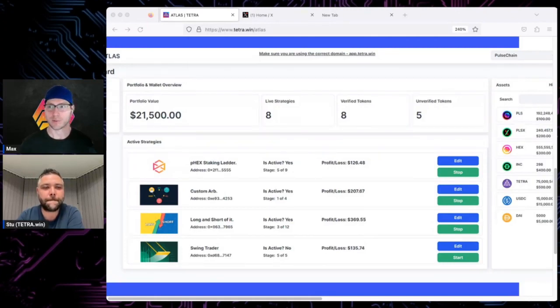Yeah, so for the farms, and then even for HEX stakes and otherwise, I'm just trying to give people a tangible example of, okay, I can do all this stuff myself. Why would I use Tetra, for example? What does Tetra do? Does it give me my time back? Does it make this process